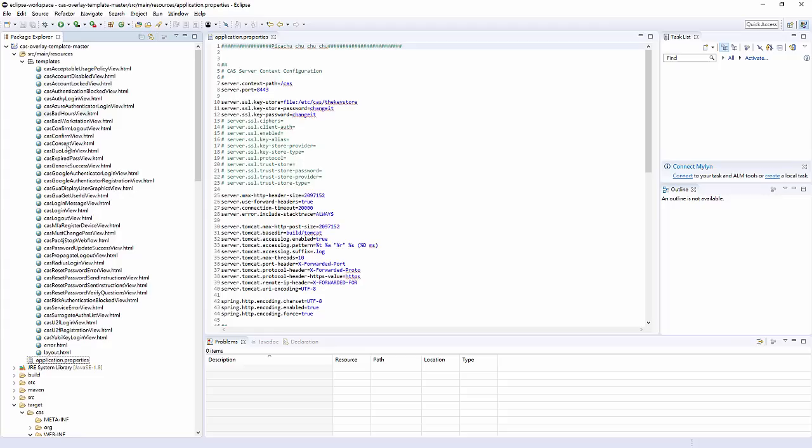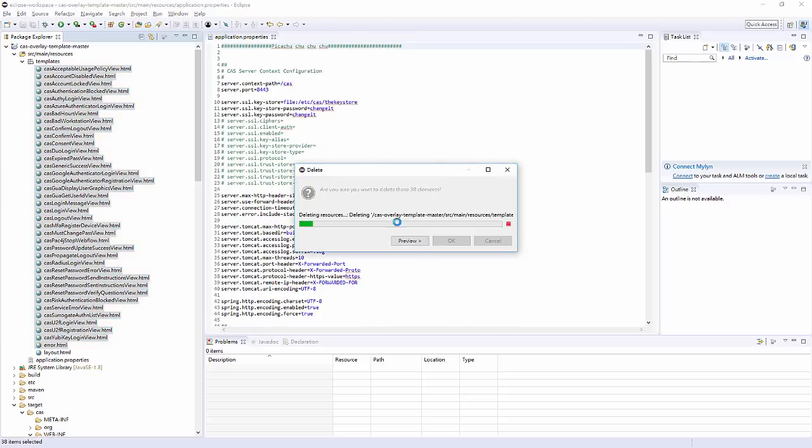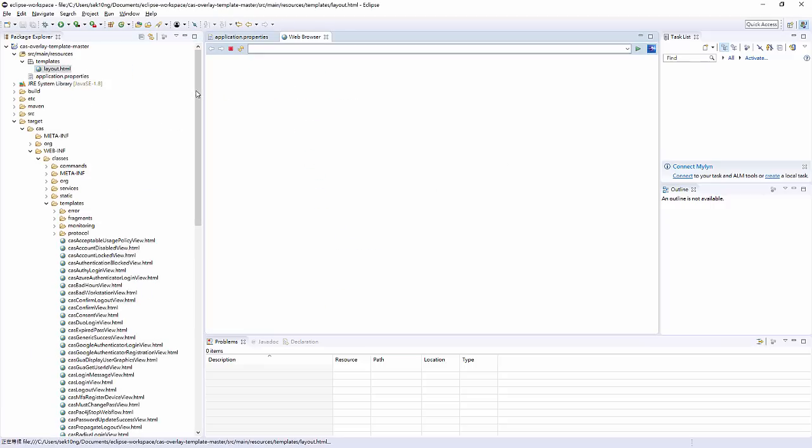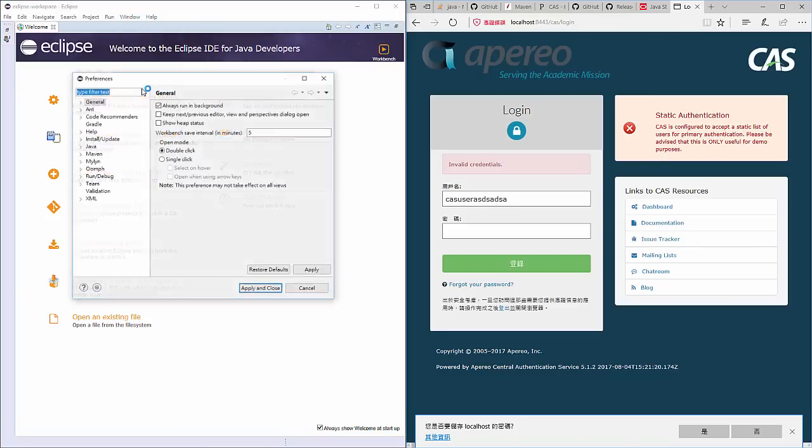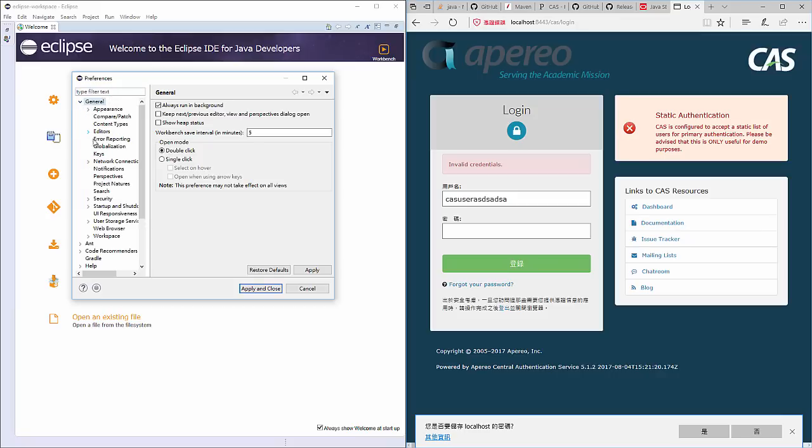From here, maybe I just cross out everything. I just want this one, layout.html. Nope. I want to edit it. Okay. I think I need to do something so that you can read the HTML, which is pretty stupid, but whatever.